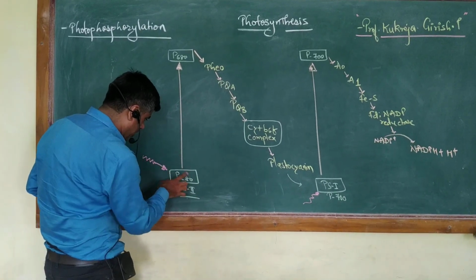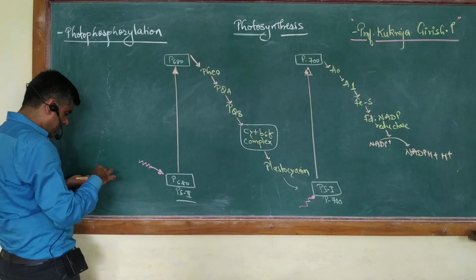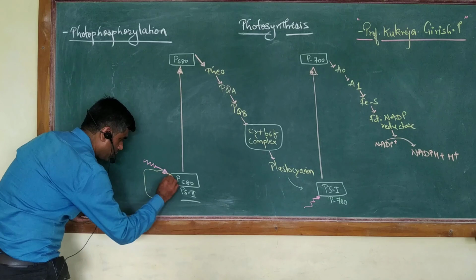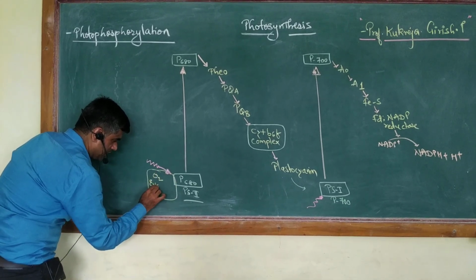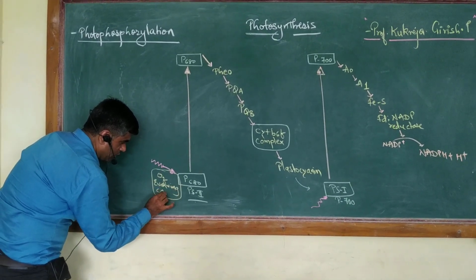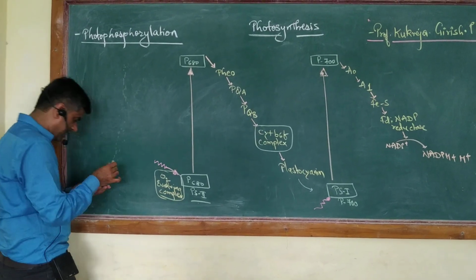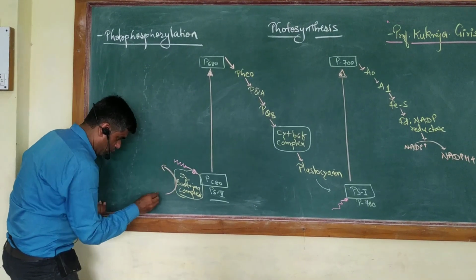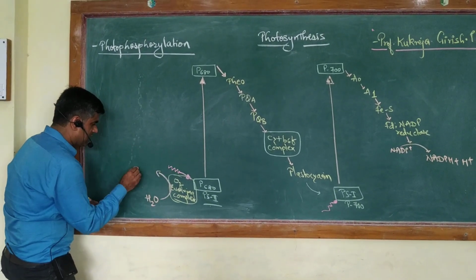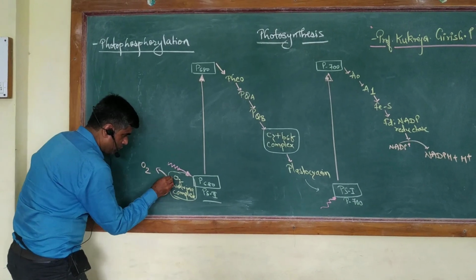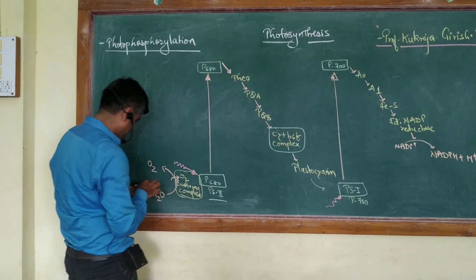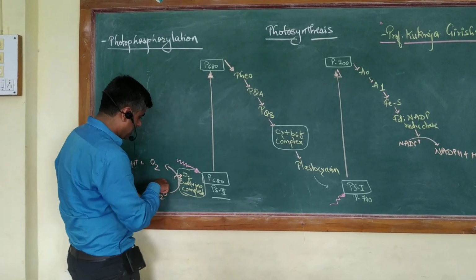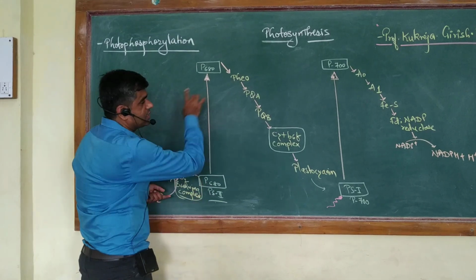To supply the lost electron here, there is what is called your water splitting complex or your oxygen evolving complex. So we call it the O2 evolving complex, or you can call it your water splitting complex, right? Any of these. So this O2 evolving complex or water splitting complex will split your water molecule and it will supply the electrons to this particular P680. So here you also generate your protons and your oxygen, the electrons will go to P680, and the cycle will be completed.